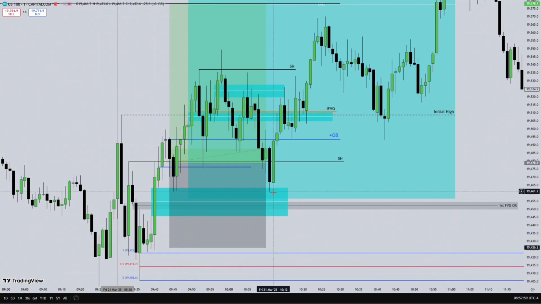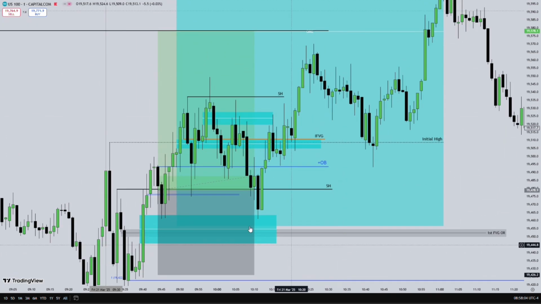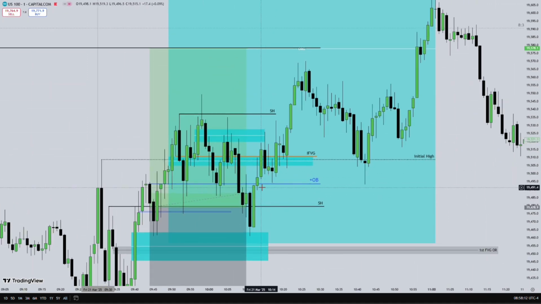Okay, so right here at this point, we can see another re-entry at this first presented fair value gap. I'm actually just going to use it as the first presented fair value gap, because this is the bigger one than the first tiny bearish fair value gap. So here we can see price reacted to this order block and then traded higher, and then this swing high. Even though I live recorded this trade, I said in the video, I want to see a close, an energetic trade higher above the swing high. I don't want to see price creating a wick and trading below it.